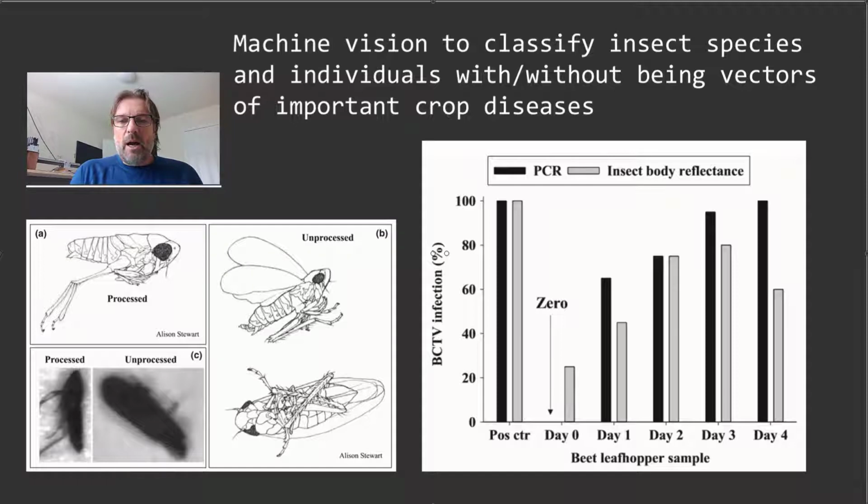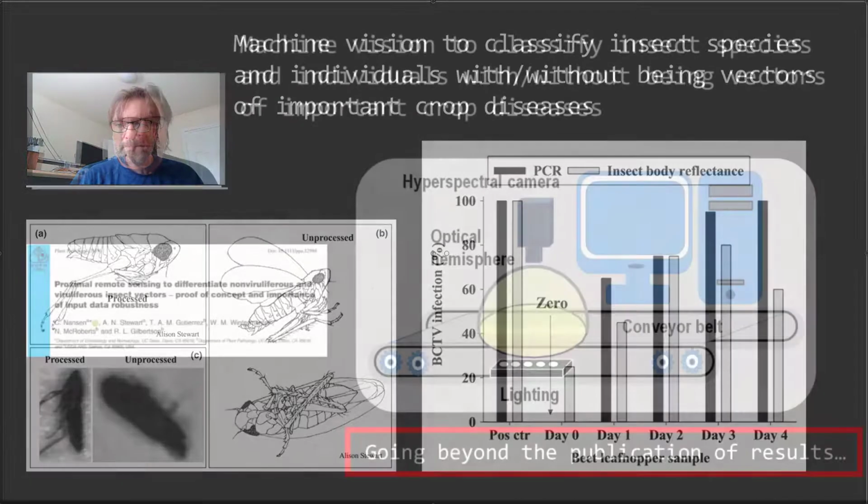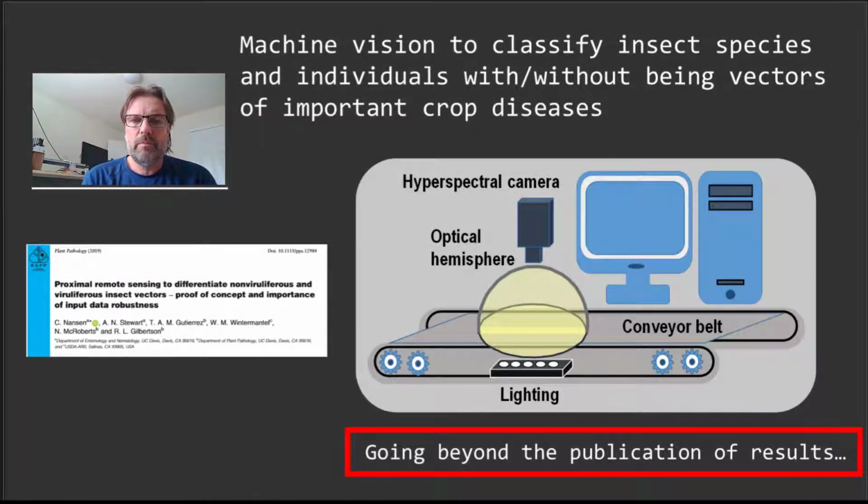In other words, we're coming up with a technology here that could really help inform growers on when to spray, to avoid spraying when it's not necessary, and really use these pesticides when they absolutely have viruliferous populations threatening their specialty crop. What I think is really important to emphasize in this particular case is that we have a very important problem in front of us, a problem that growers and the tomato industry, the specialty crop industry is facing,